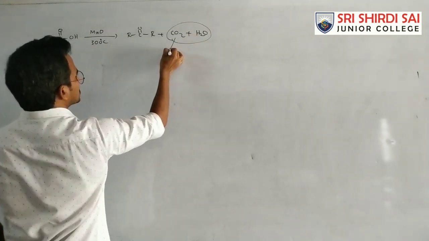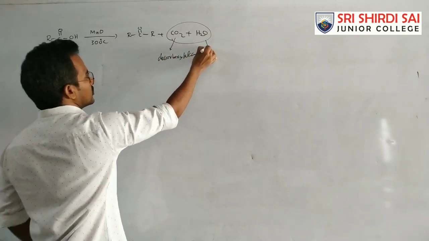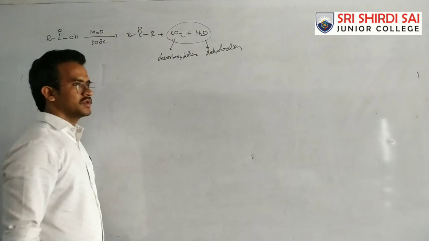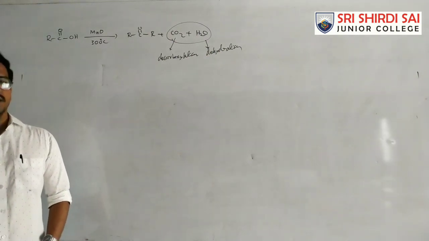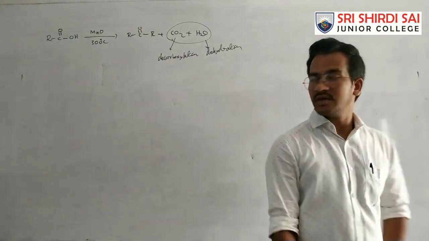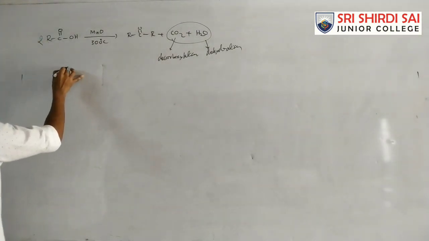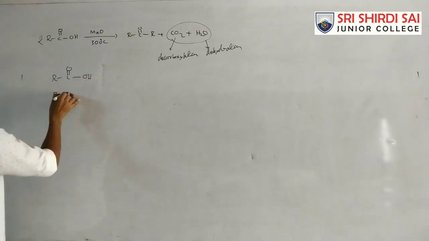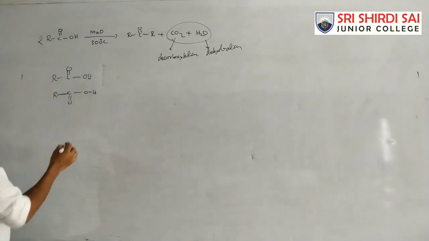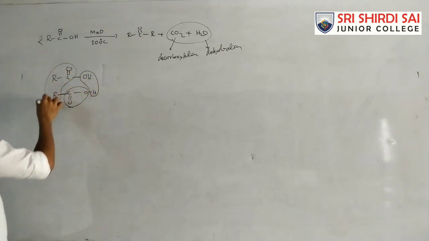So in this case decarboxylation takes place, removal of CO2, and removal of water, so the dehydration process also takes place in this reaction. So carboxylic acids on heating with manganese oxide at 300 degrees centigrade produce ketones. Or suppose 2 moles of carboxylic acid, RC double bond O OH, next RC double bond O OH. In this case loss of water and loss of CO2, and then combination of RCOR.